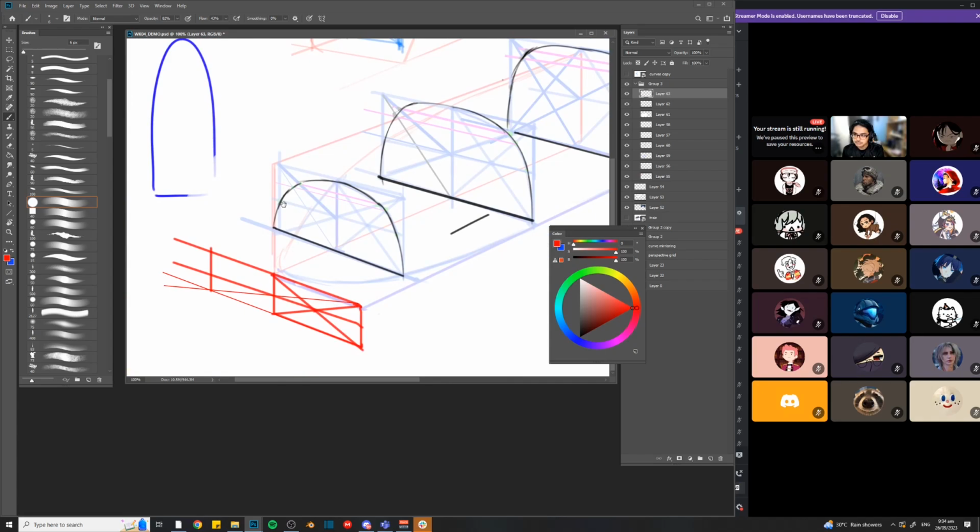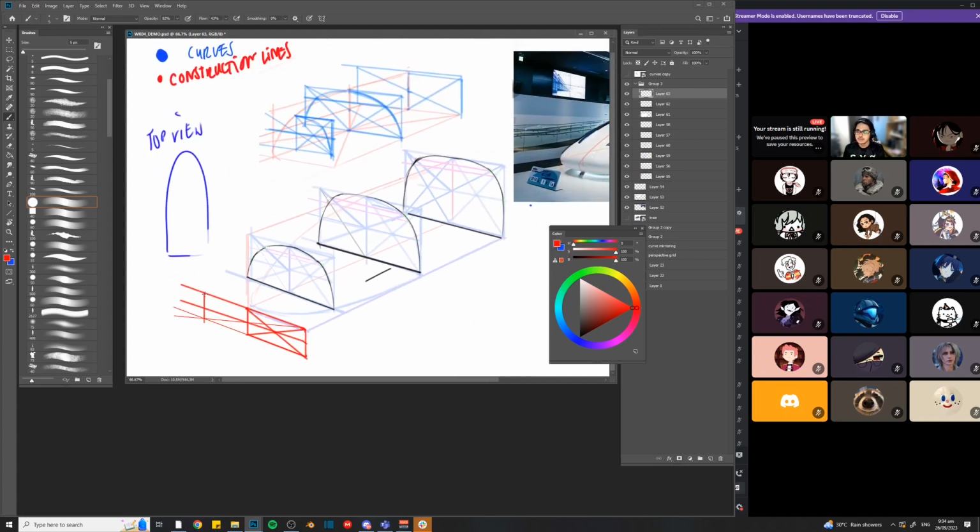No, it's supposed to be here. There we go. So here you go all the way here, and then for the floor plan,